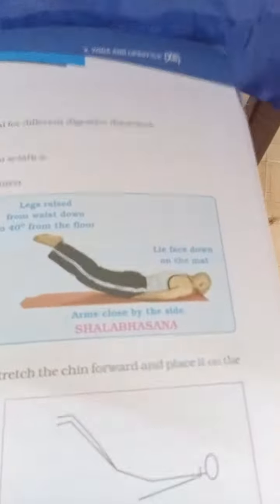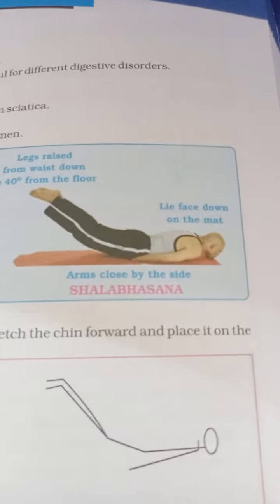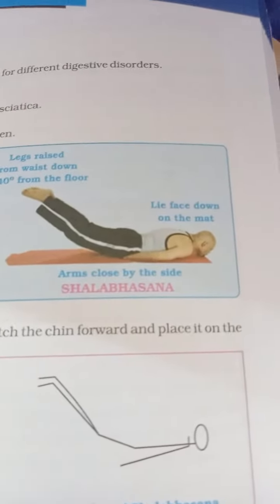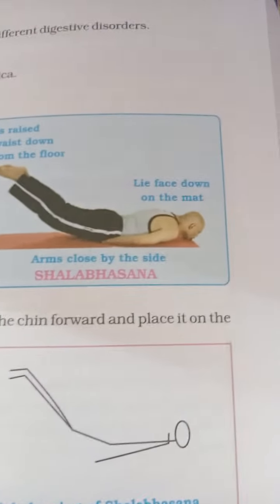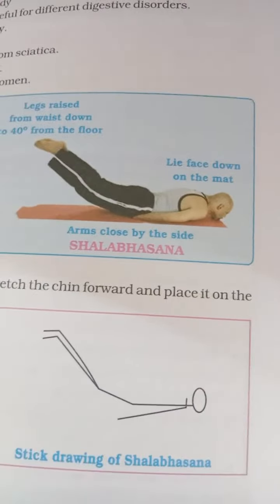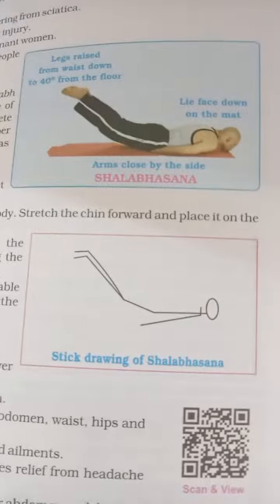Salabhasana is this. Lie down flat and raise both the arms up, and your hands should go beneath your tummy. Keep it flat, down on the floor. So this is how you do your Salabhasana. Okay, so the benefits are: